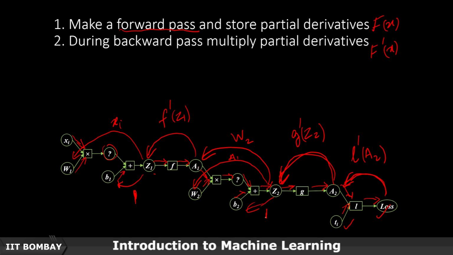So going forward, all we need to do is store the partial derivative of f dash at this point. We need to store the partial derivative of z1 with respect to w1 at this point, which is going to be x1 or xi, and so forth. So that's local storage of partial derivatives at those operating points, which is basically what makes gradient descent more efficient. Otherwise, if you have to analytically derive the derivative, it's going to be very cumbersome, especially